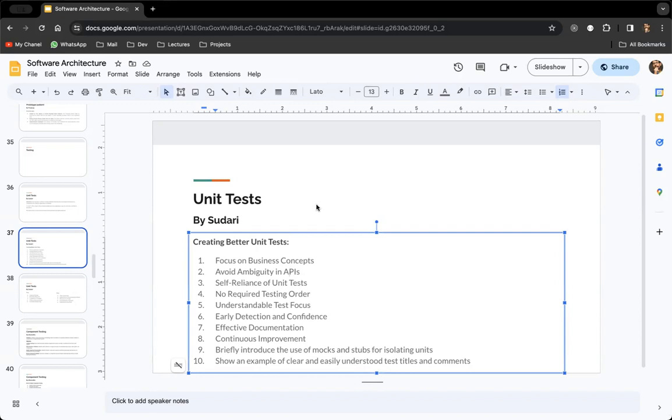As I mentioned earlier, unit tests are going to be completely focusing on business logic. Okay. But for some reason, we need other things to be tested out. Okay. For example, we need to test the UI. Okay, so most of the time when we are dealing with web applications, mobile applications,